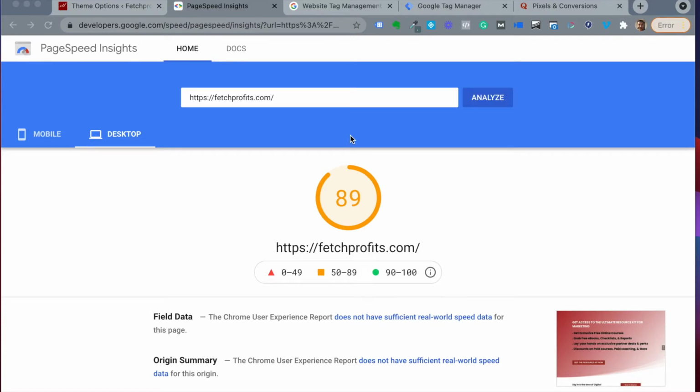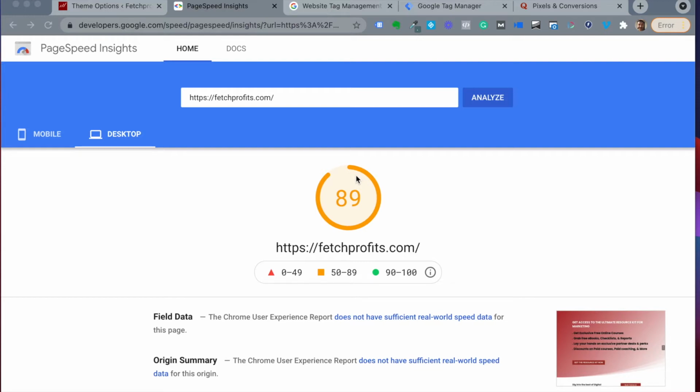Now, a lot of people always worry about the speed of their site. Maybe you're trying to prepare for Core Web Vitals update, and maybe generally you're trying to keep your website in shape. Now, one of the things that tends to slow your website down considerably is the use of JavaScript. Now, using JavaScript in most cases is unavoidable.